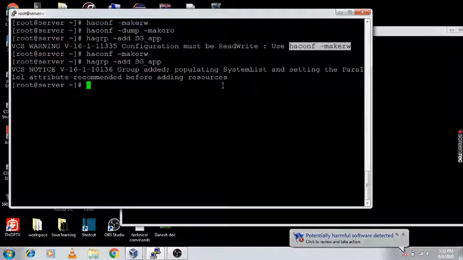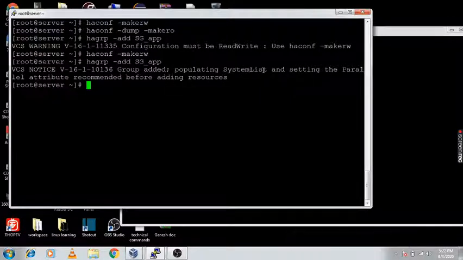Now it's asking to use the SystemList attribute before adding the resources. So the service group I have added, and under it I am adding this SystemList, giving the server name and their priority.